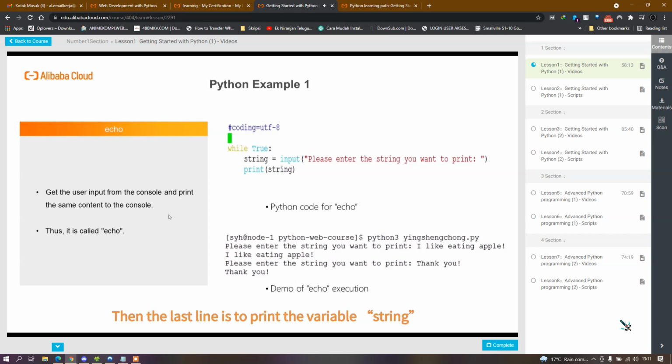Then the last line is to print the variable string to the console, or standard output. It completes the echo program in Python. How to run this program? The bottom right screenshot gives you a demo of how it works. The source code was saved into a file called